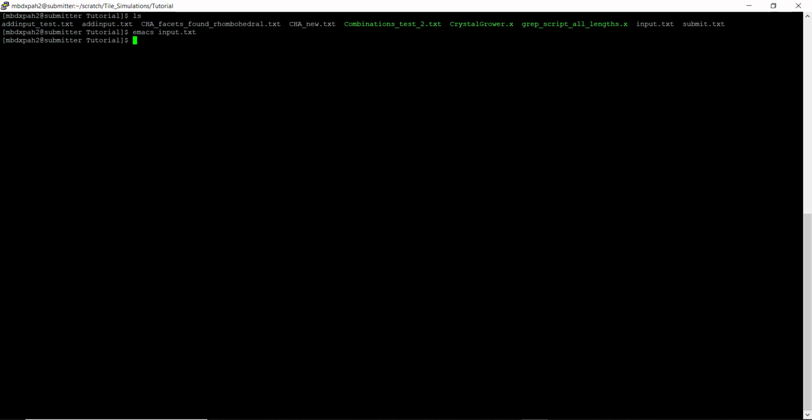Then we've also got CHA_new, which is our structure file. We have CrystalGrower.x, which is our executable that we just generated. We have CHA facets found rhombohedral.txt. That's our facets found file that I've already generated for Chabazite. Then we have our add input.txt. So if we look at our add input.txt,